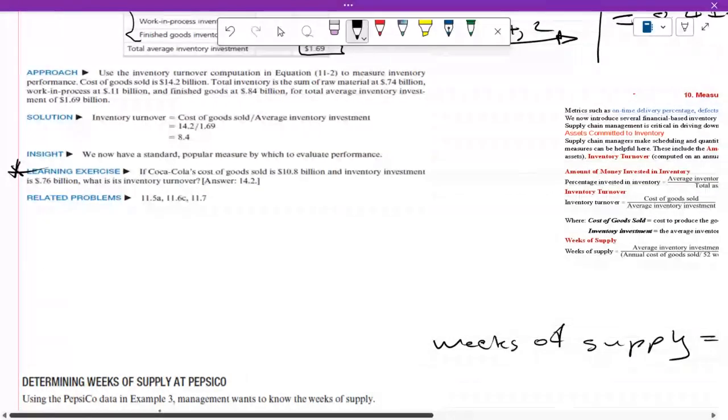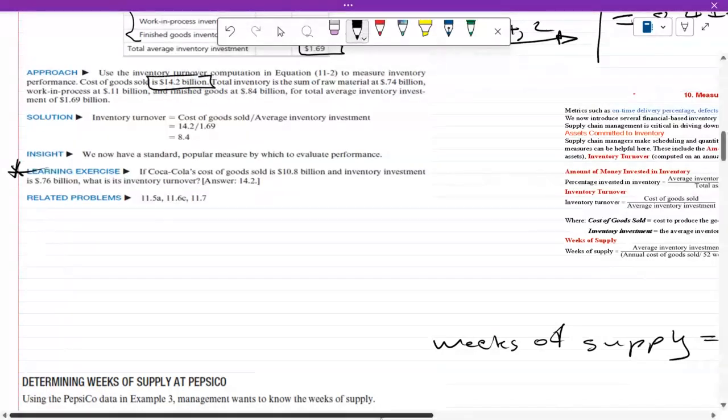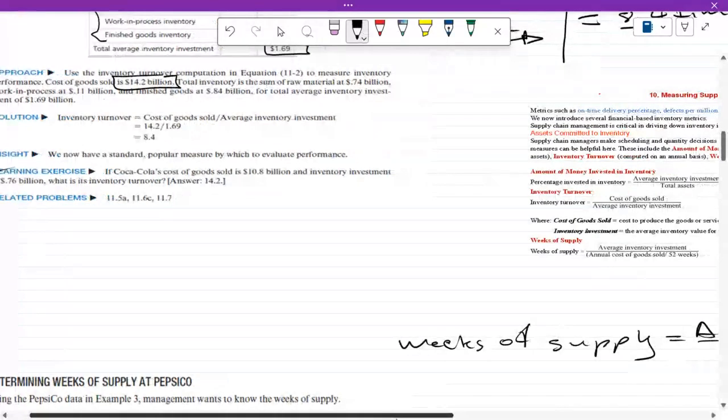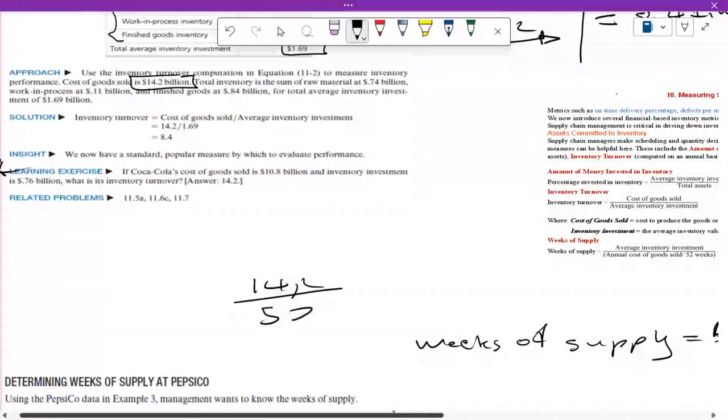Okay, this is PepsiCo, which is 14.2 billion. So now to be at ease, just take your 14.2 divided by 52 equals to